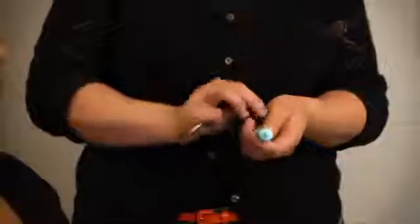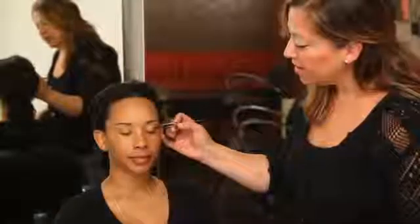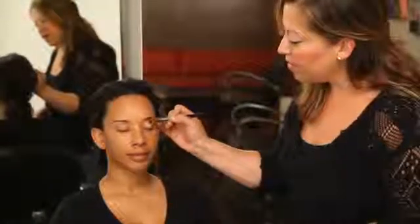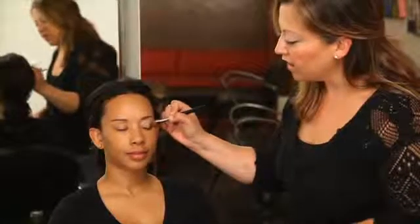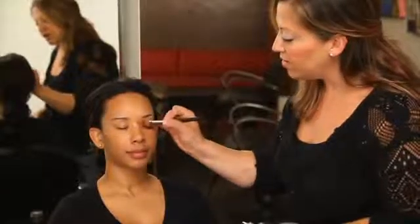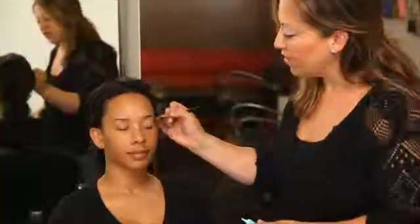Start by removing the lid and squeezing out just a little product on a flat brush. Go ahead and close your eyes for me, and you will take the product across the eyelid, up under the eyebrow. Make sure you focus on the round of the eye closest to the lashes, and all the way across. This is your first step in your holiday look, taking the Shadow Insurance across the eyelid, up under the brow